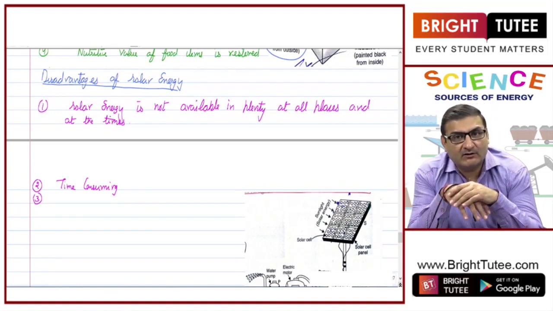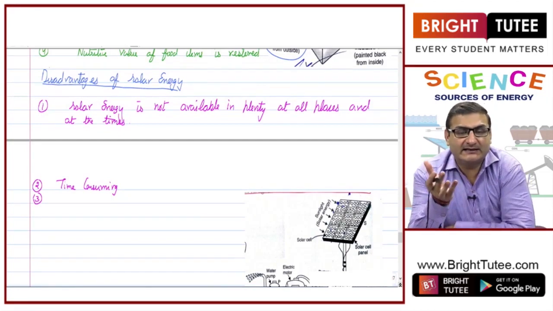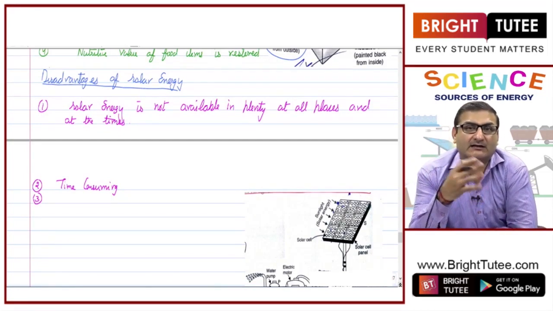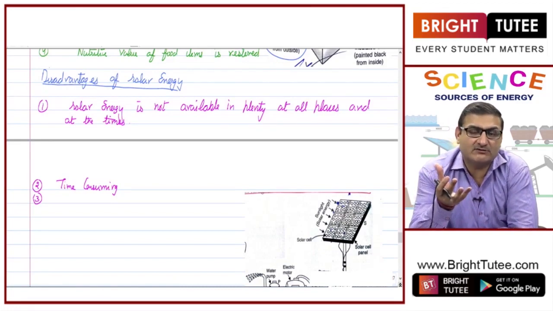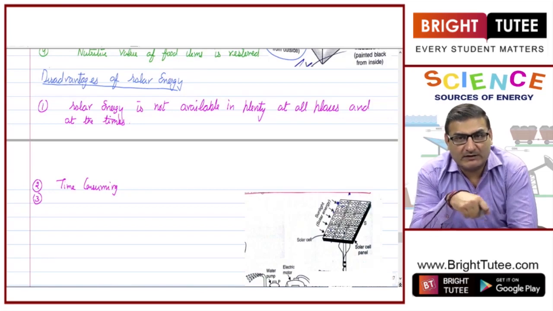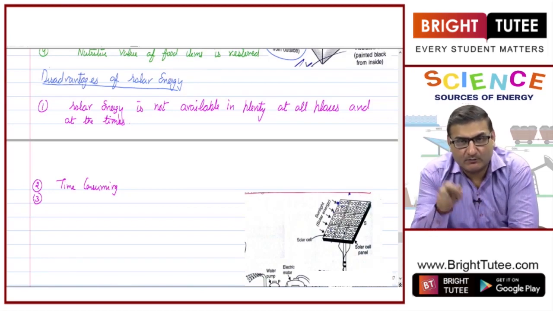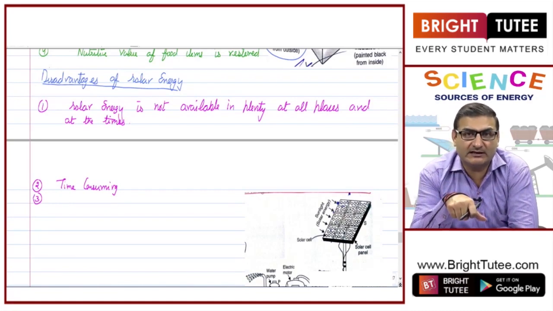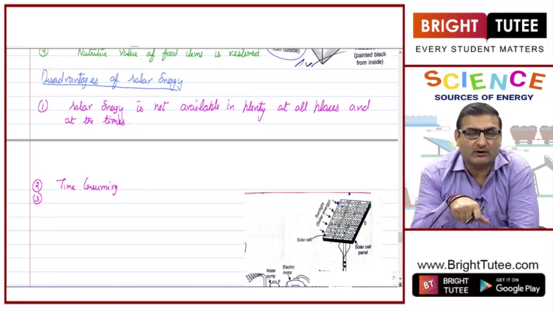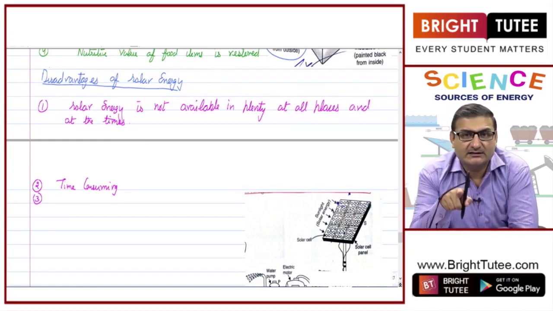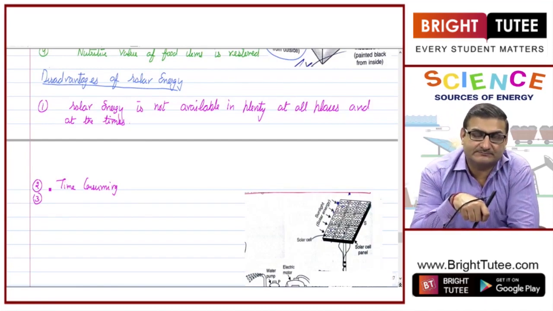Next, because it is only a slow heating, all the deep frying work or all the things that require a greater amount of energy, it is not possible to do that in a box type solar cooker. So, you can't make chapatis, you can't make pakoras, you can't fry anything, because the amount of heat energy generated over here is comparatively quite small, quite less. So, these are the few disadvantages of using a solar cooker or solar energy.